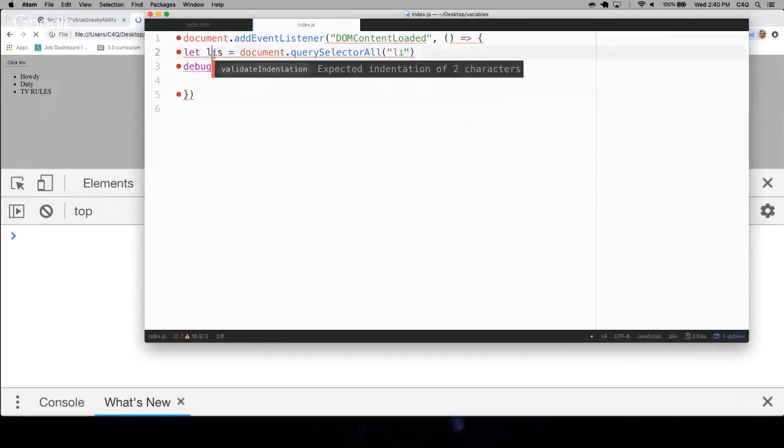This, my variable LIs. What's it look like? What is it? How are they connected? What does that mean? Just like a bunch of naked HTML, okay? I think it'd be a